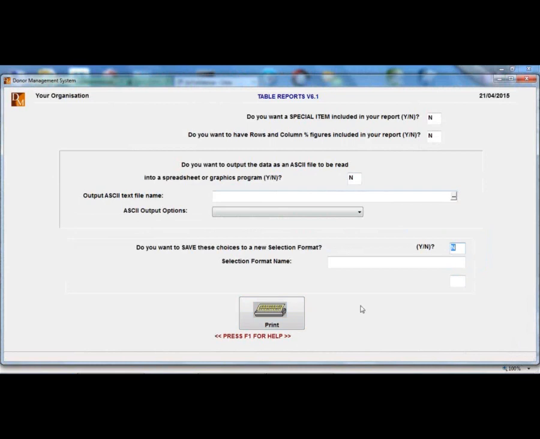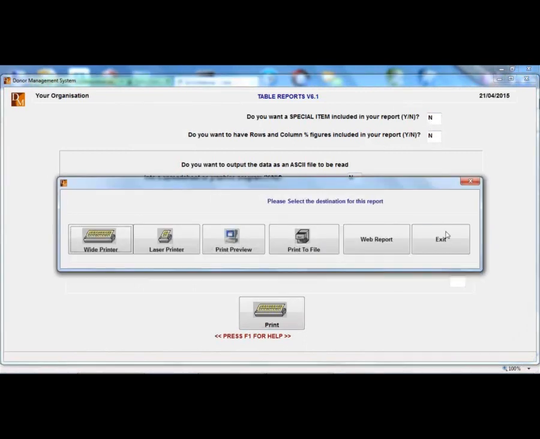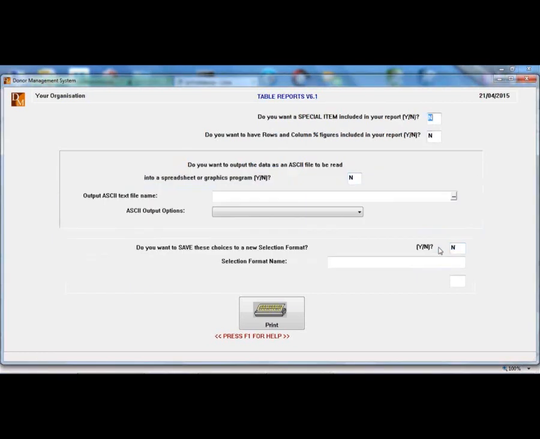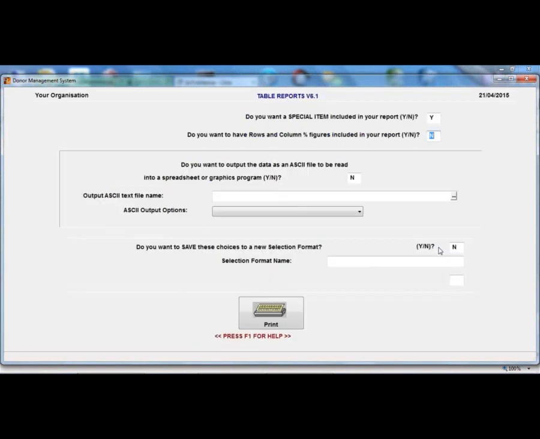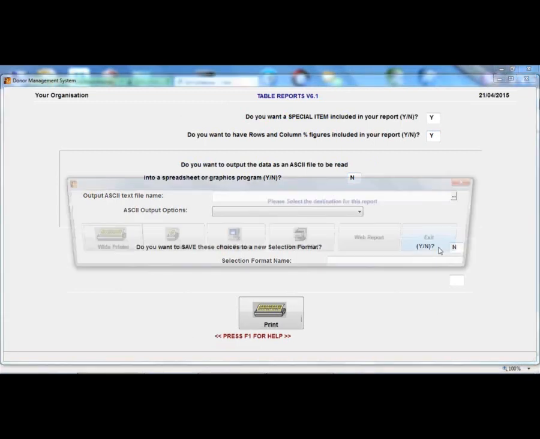So if I just escape or press exit at this point, it will just take me back to the report where I can go back and say, yes, I want to change some of the options up here. If I just up arrow through the screen again, I can then say yes, and again you can see I've got fewer items that I can choose in this particular case. So I'm just going to say yes, I want to add the amount, and yes, I want to add percentage figures. So if we run the same report, we haven't changed the basic criteria of what we're looking for,